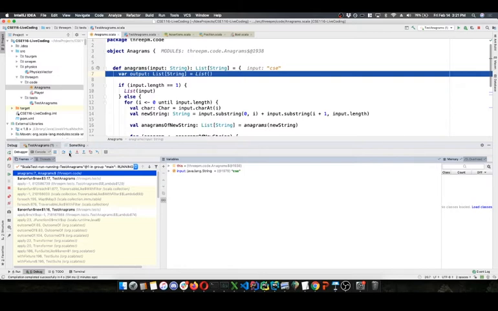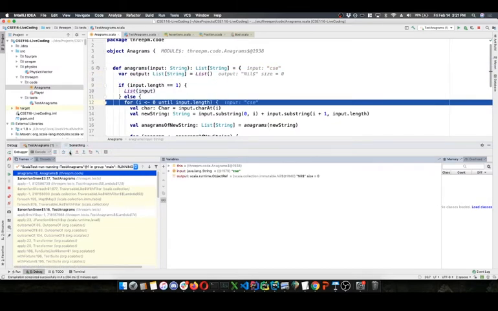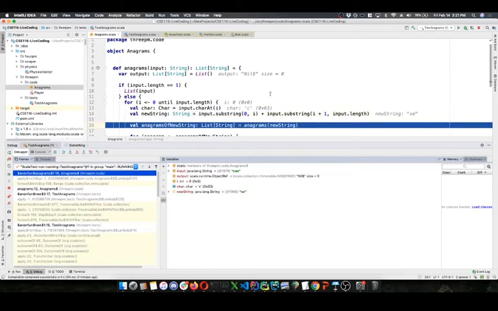We actually get to see the recursion going on here. So let's step through. We create our output, an empty list. The condition is false. Start with the first character. We're going to grab that character and create a new string. And as we're executing, we can see that our program's doing what we expect it to do.